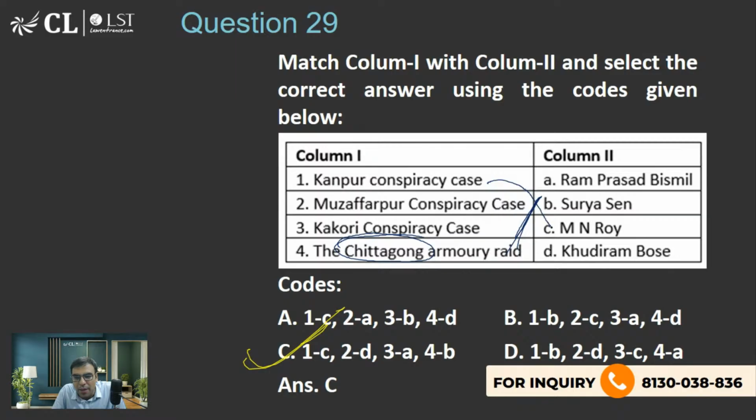तो 1 का सी है ना, कानपुर का स्प्रेसी केस एमएन रॉय, मुजफ्फरपुर का स्प्रेसी केस है ना, राम प्रसाद बिस्मिल, and काकोरी is very very famous actually, है ना, सॉरी उल्टा बता दिया क्या, 3 का ए, राम प्रसाद बिस्मिल इस काकोरी केस है ना, राम प्रसाद बिस्मिल, अशफाकुल्ला खान यहाँ थे, ठीक है। और चिटागोंग आर्मरी रेड मैंने बता दिया। 1 का जो सी है एमएन रॉय, और मुजफ्फरपुर का स्प्रेसी केस खुदीराम बोस, 2 का डी, ठीक है।